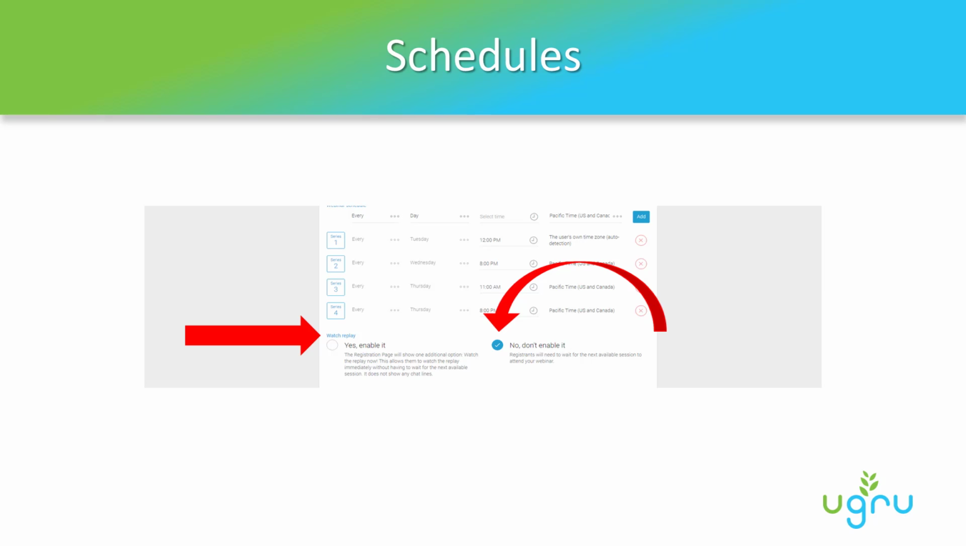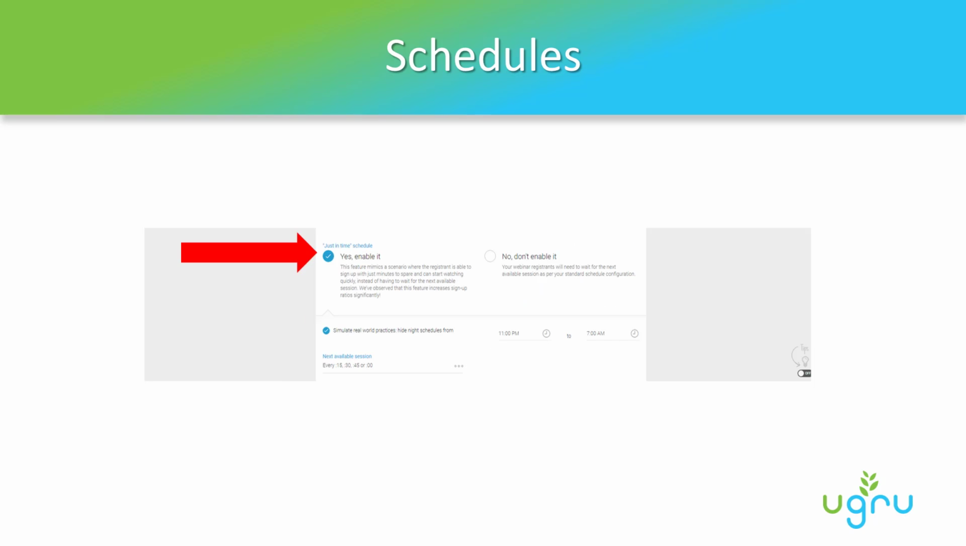The next field is the replay. Now, during the webinar registration, you don't want users to watch the replay of the webinar, right? So offer this after they've watched the webinar by checking the No, Don't Enable option. As I mentioned earlier, you can offer the just-in-time registration option, which I highly recommend. Now, to offer this option, just make sure that the blue check mark is set for yes, enable it,